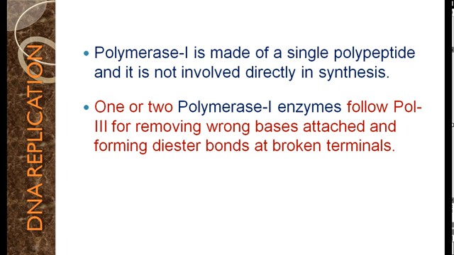When there is a lack of a diester bond, polymerase 1 can also form the diester bond. It is said that by its anterior active site, it attaches the broken ester bond, but from the posterior active site, it can remove the wrong base. So it is said that it has 5' to 3' polymerase activity, but 3' to 5' exonuclease activity.